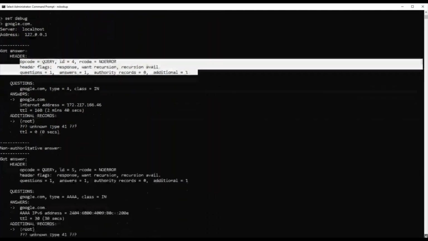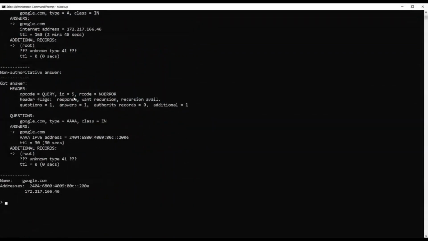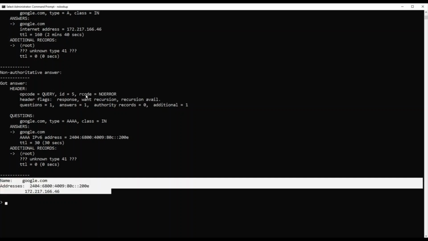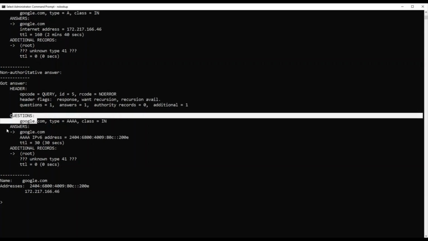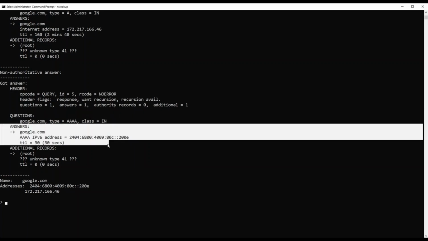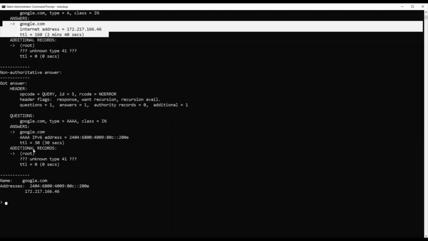And when you go down, you see the answer section. In the answer section, you know the response code. The response code right now is no error. Now there are other response codes like SERVFAIL, NXDOMAIN, etc., which you can see here. But since we got an actual answer here, the response code is mentioned as no error, which means that everything is fine. The opcode is query, and we have the different flags and the sections here. You have the question section, and the answer section has the answers. Basically, this is the IPv6 response, and above we have the IPv4 response.